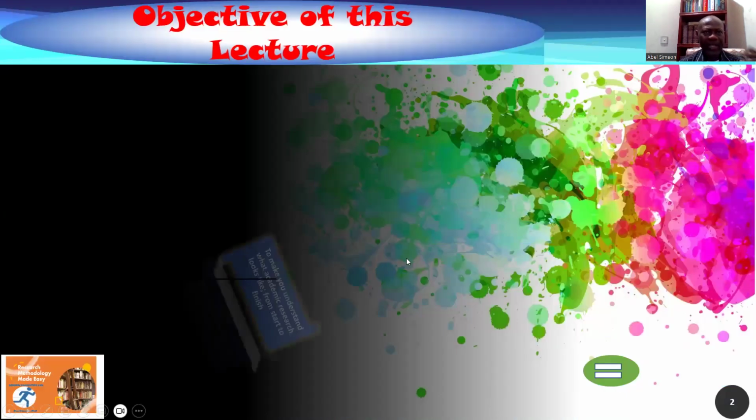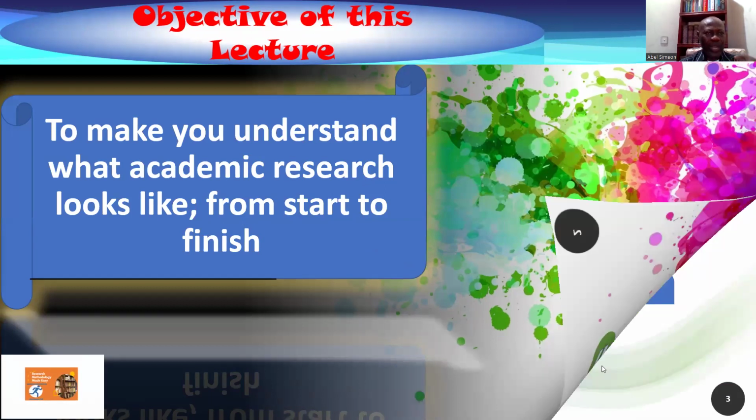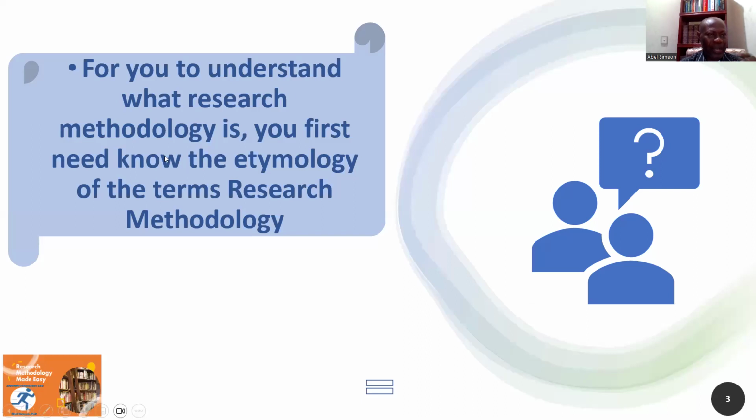So let's look at the subject matter today. It is to make you understand what academic research looks like from start to finish. And that is my aim. I just want to make you understand what research methodology is. It is not enough to say carrying out research. What is it? How does it look? What are the stages? You can't even understand that if you do not understand research methodology